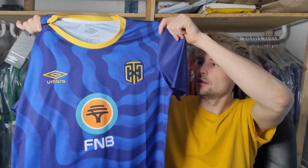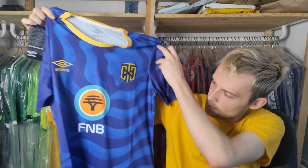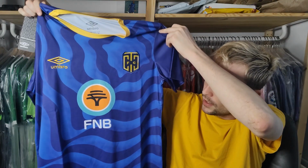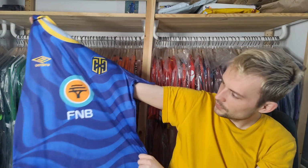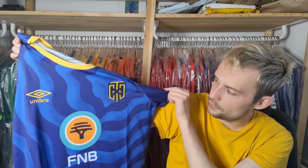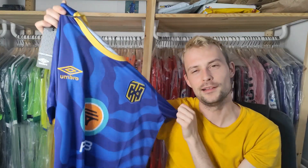Let's hope that there's something on the front. It is looking like that. So there is a little bit of a design there, so it definitely stands out. It's not purely a blue design. It's not too bad actually, is it, to be honest? There we go. So if anybody does recognise it, well done, thumbs up. But if not, fear not, I shall come back to you with some information, as always, about the club and